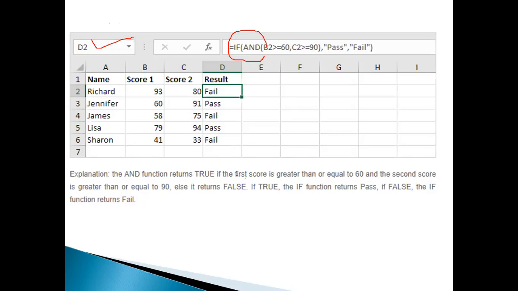This is very simple. If the condition is true, you will get the value. If it is false, you will get the other value. If you want anything in terms of text, then you have to give double quotes, and write anything inside, X, Y, Z. That word is going to be the result.